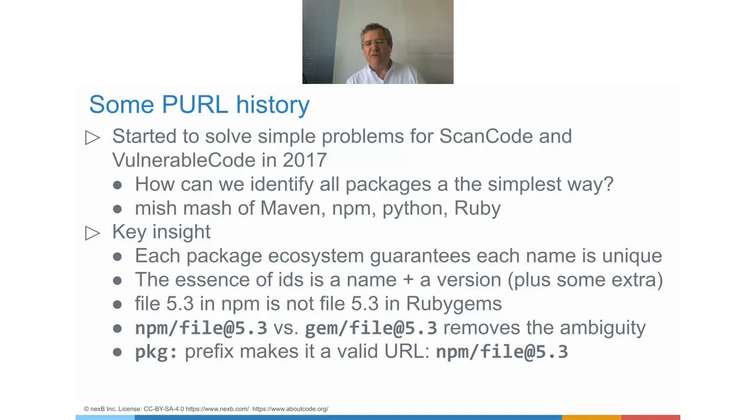And then at the same time, we're starting a new project called VulnerableCode, which is a database of known security bugs and vulnerabilities in open source packages. And we had the same problem, which is how can we connect the packages found by ScanCode to the vulnerabilities known in VulnerableCode. And there's something in vulnerabilities called CPEs, Common Platform Enumeration,